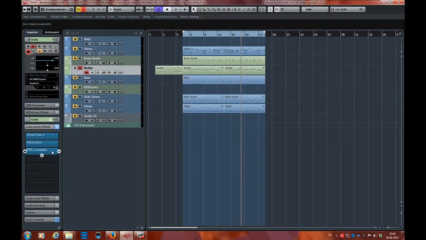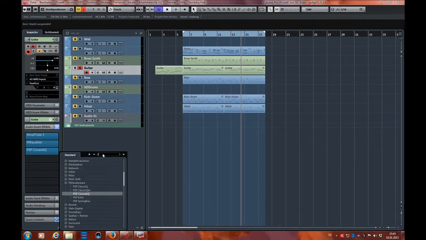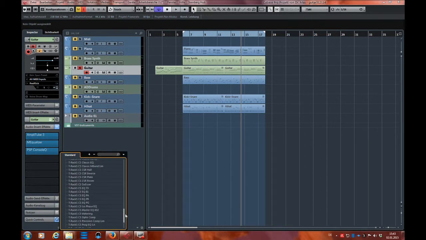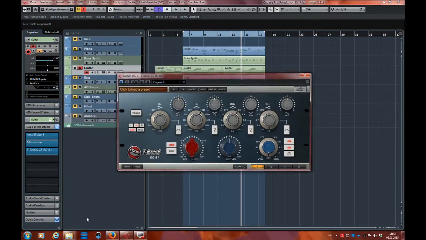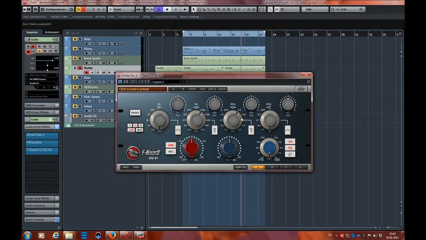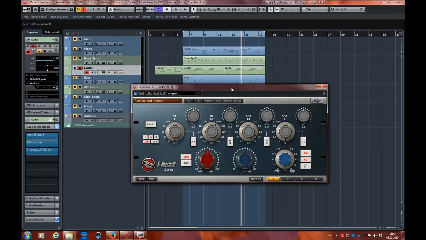Or even equalizers with more restrictions like this, where you only have a few fixed frequencies to choose from. So, why would you want to restrict yourself? And the answer I came up with, it makes me quicker because